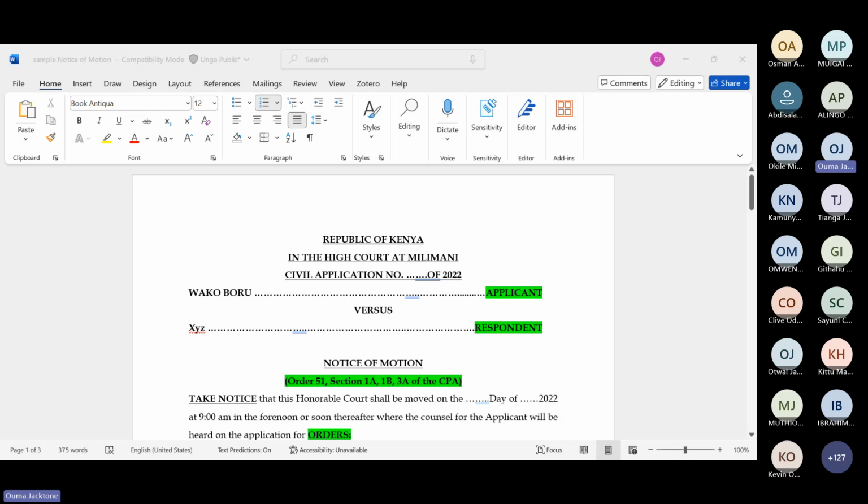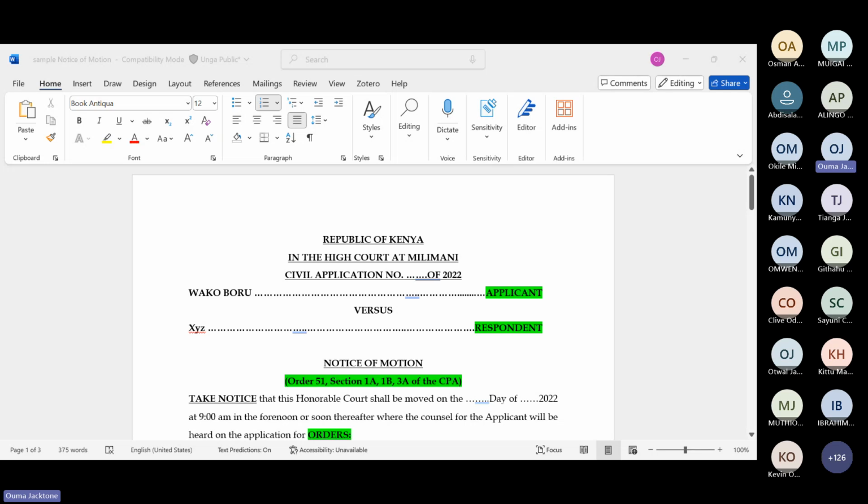So the point is you cannot impound government documents. When the documents are for the government, you can't apply for Anton Piller against the government. Order 14, I mentioned that sometime when you're starting. When you look at Order 29 of the Civil Procedure Rules, you realize that certain orders you can't get against the government. If the government is the respondent, there are certain orders you can't get.